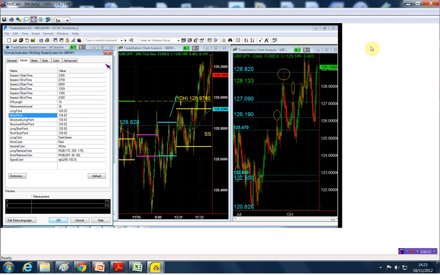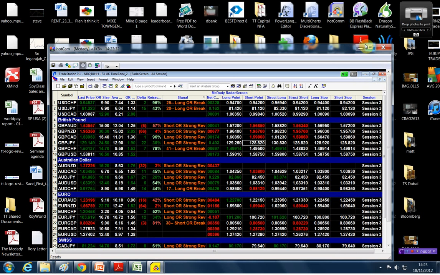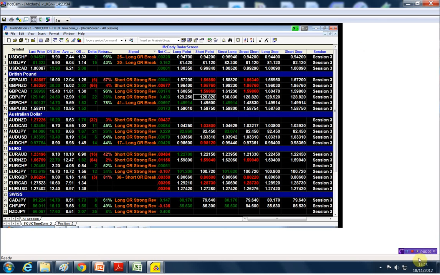Okay, that is the pound yen. We are going to buy above 129.25. We have a structure point at 130.83, and your stop is 128.82. I'm sorry, your stop is 128.92. On the short side, you're going to go short below 128.82, which is going to be your structure short point and your stop. Okay,